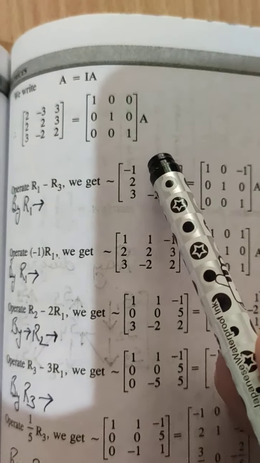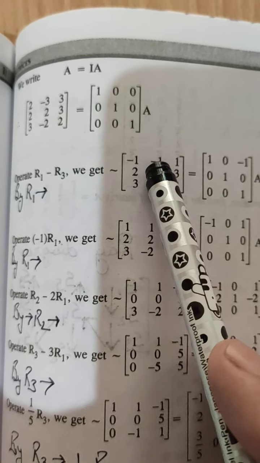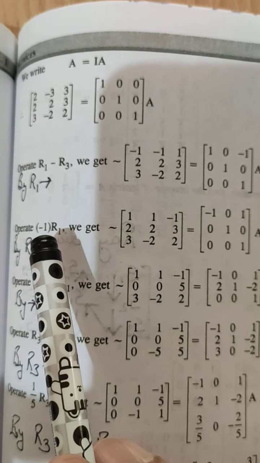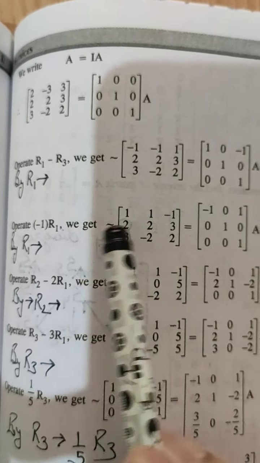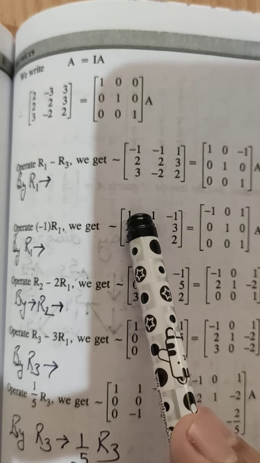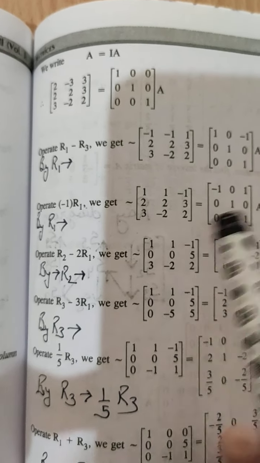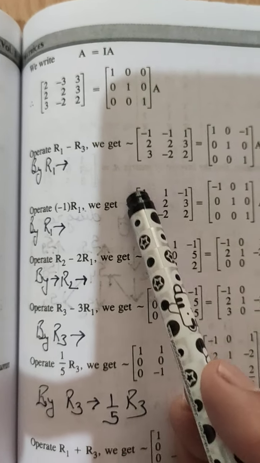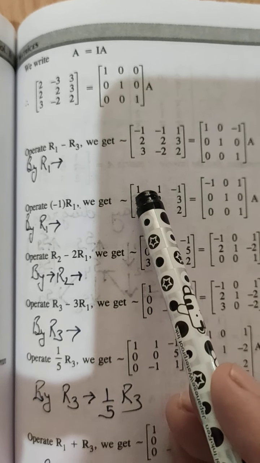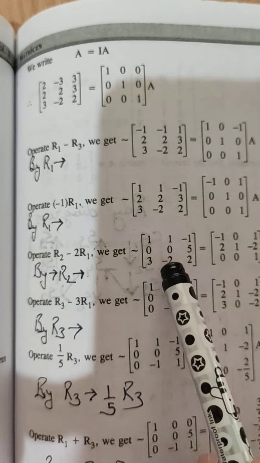Now we are changing A11 into 1. Here negative 1 is given. How will we get it? By multiplying R1 by minus 1, so all element signs will change: 1, 1, minus 1, minus 1, 0, 1. Now after getting this 1 at A11, with the help of it we will change A21 and A23 into 0.